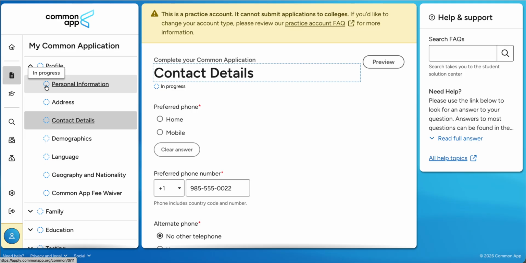I am so proud of myself. I have finished that part of the Common App. Sadly, the Common App does not give that to me because it's a practice account, but that will fill in